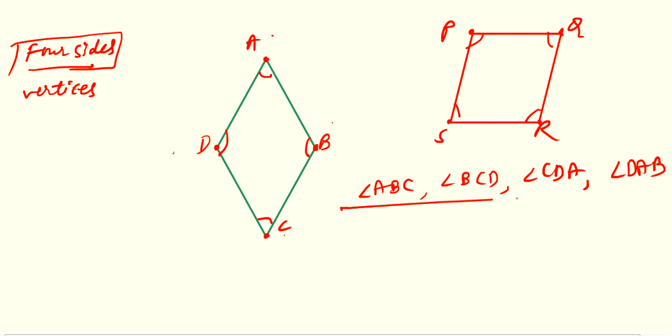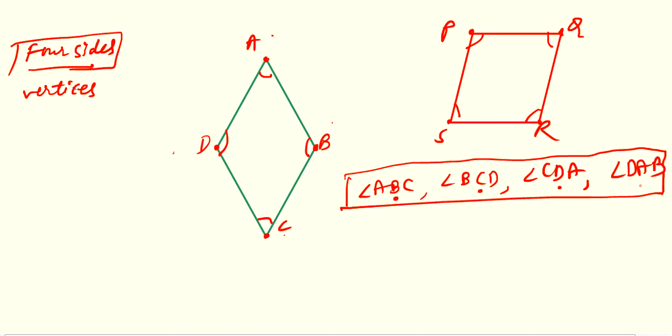Okay, I already explained to you about this representation of angles, and in this the middle value is your vertex, is your angle. As you can see, in this angle ABC we are talking about angle B, in this we are talking about angle C, in this angle D, and in the last we are talking about A. So 4 angles we are having: A, B, C, D. Similarly, angle PQR, angle QRS, angle RSP, angle SPQ. So these 4 angles again.